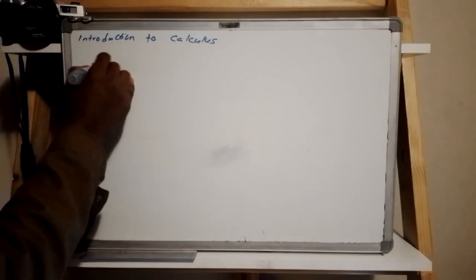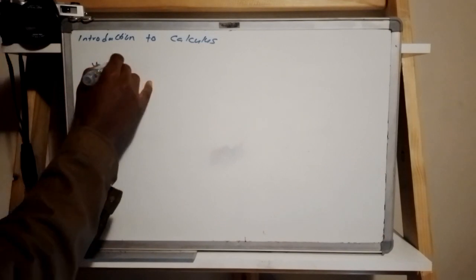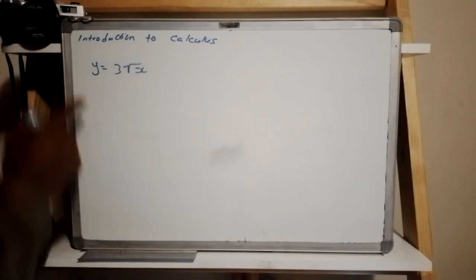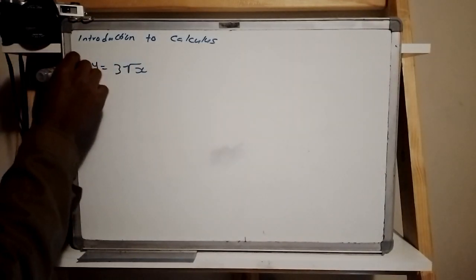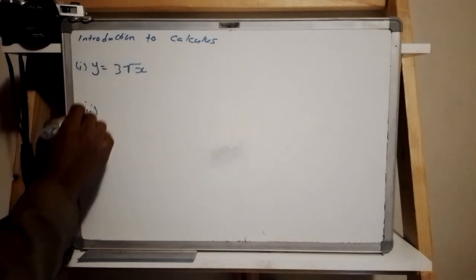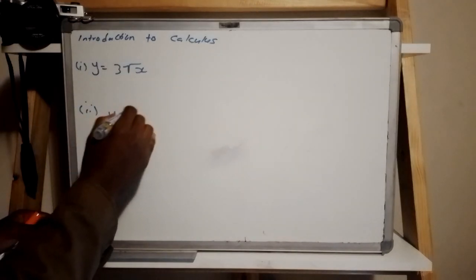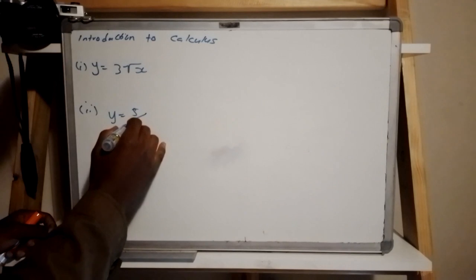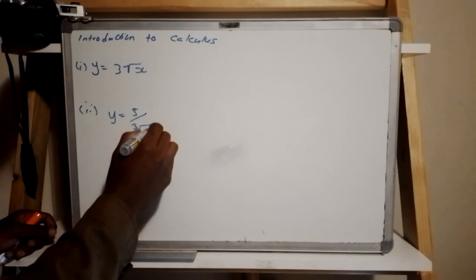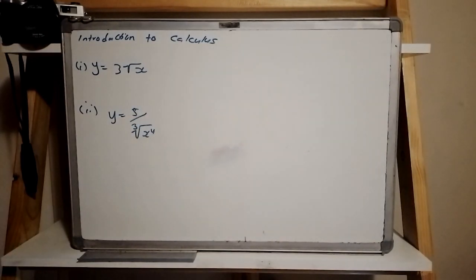So you are given a question like this. They say 3 root x. You need to differentiate this. This is your first question. The second question, it says what? y is equals to 5 over 3 root x to the power 4. We are given this. We talked about 3